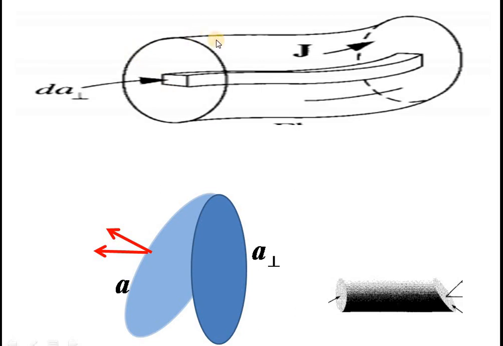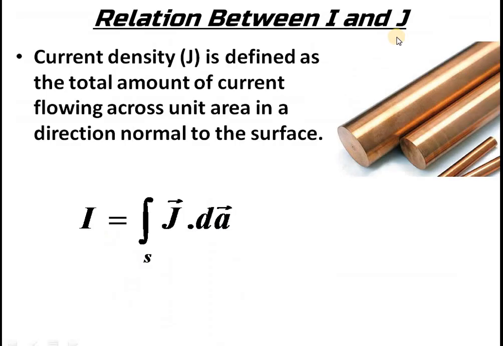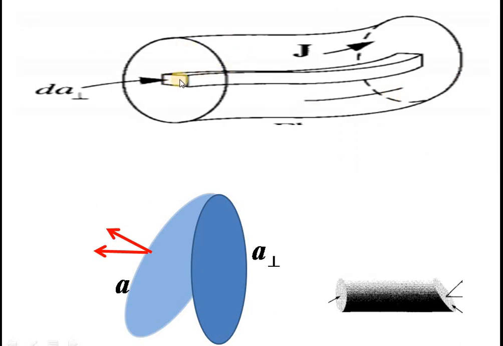For getting this, let's consider a conductor like the previous slide. We have a copper block, a cylindrical block like that. Take a small filament along the length with a cross-section area dA. Here dA perpendicular means perpendicular, because the cross section may be inclined like this. Suppose the cross section is inclined with a cross-section area A. Then the area component perpendicular to this is taken as A perpendicular.